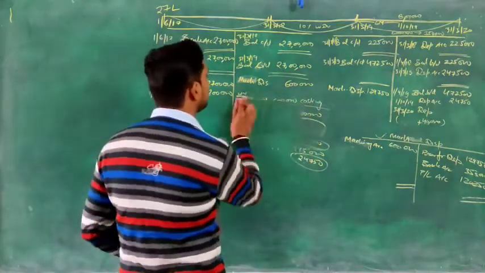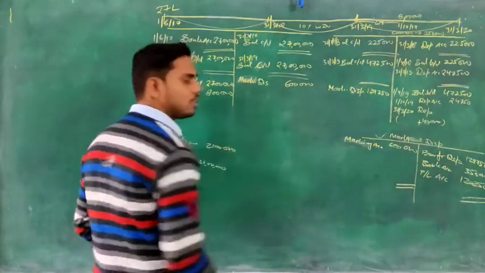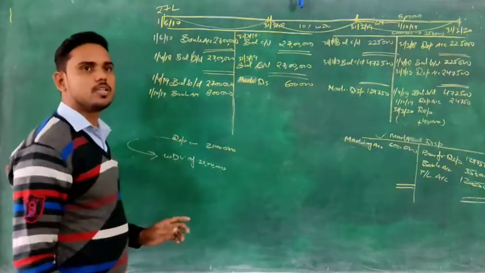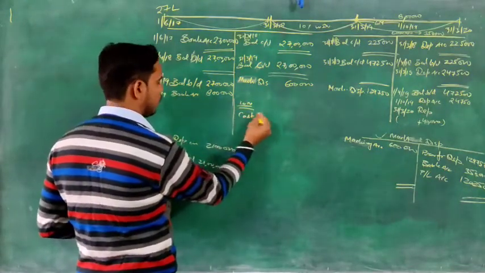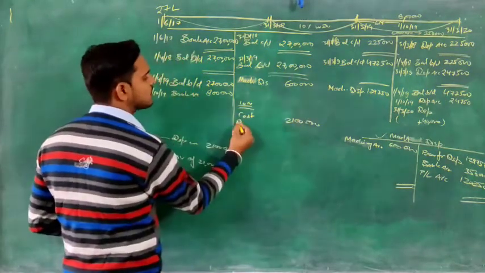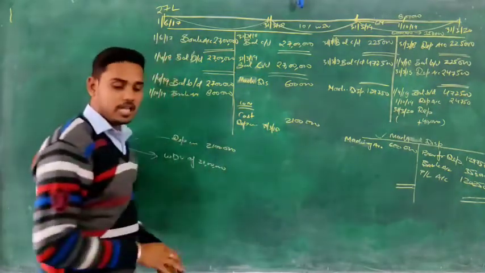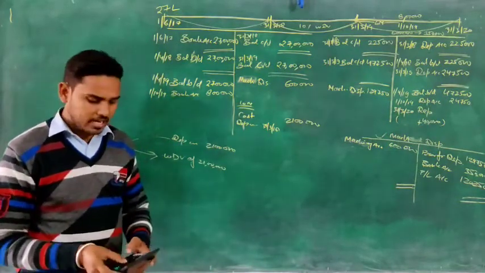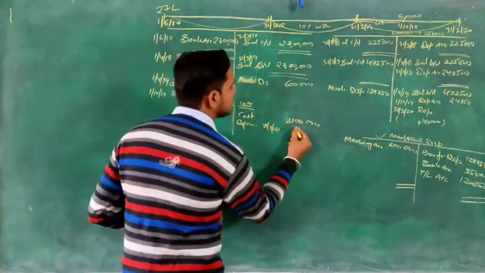So we can find the WDV of the remaining machinery in 2 ways. First one, the way you are doing: you can prepare a working note and write firstly the cost. And the cost is 21 lakh. In the first year, that is depreciation on 31st March 18, that will be 10% of this 21 lakh, which is 2,10,000. But that is for 12 months, so what will it be for 10 months? That will be 1,75,000.